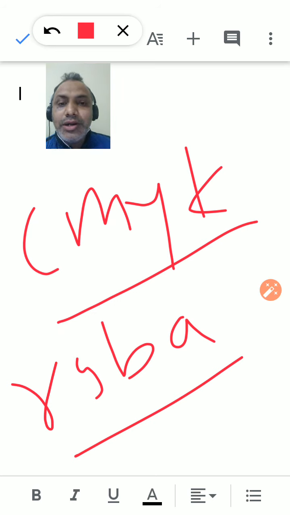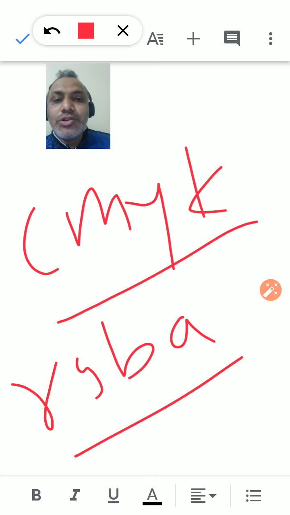This is very useful for applications. But suppose I want to print the same page, or take a print of that particular application. The printer doesn't have any idea about your RGB colors, so it gets confused; the device doesn't know what RGB is. Instead we use CMYK: cyan, magenta, yellow, and K is the black color.